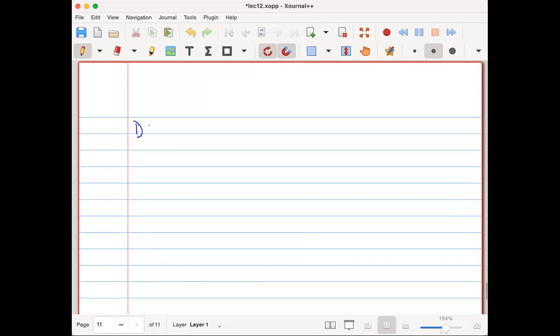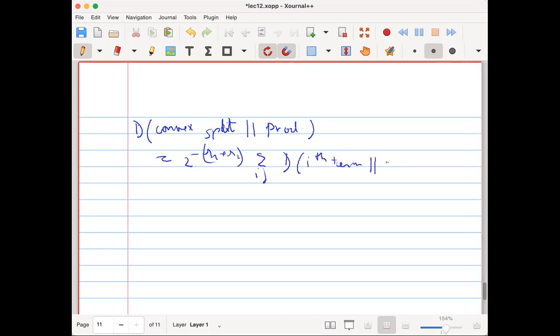So now we are back to Pinsker. So remember what we had was D, convex split, with respect to the fully product state. So this one was the average. This is the ith term in the convex split with respect to the product state minus the ith term with respect to the convex split state. So far it was equality, no loss. But now we'll apply data processing. So this is 2 to the minus R1 plus R2, some ij,